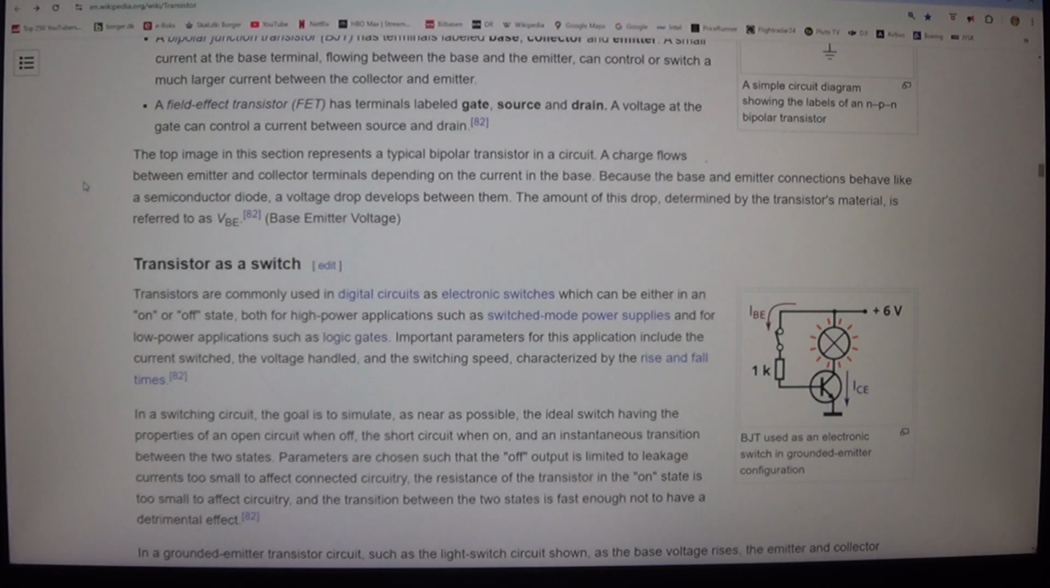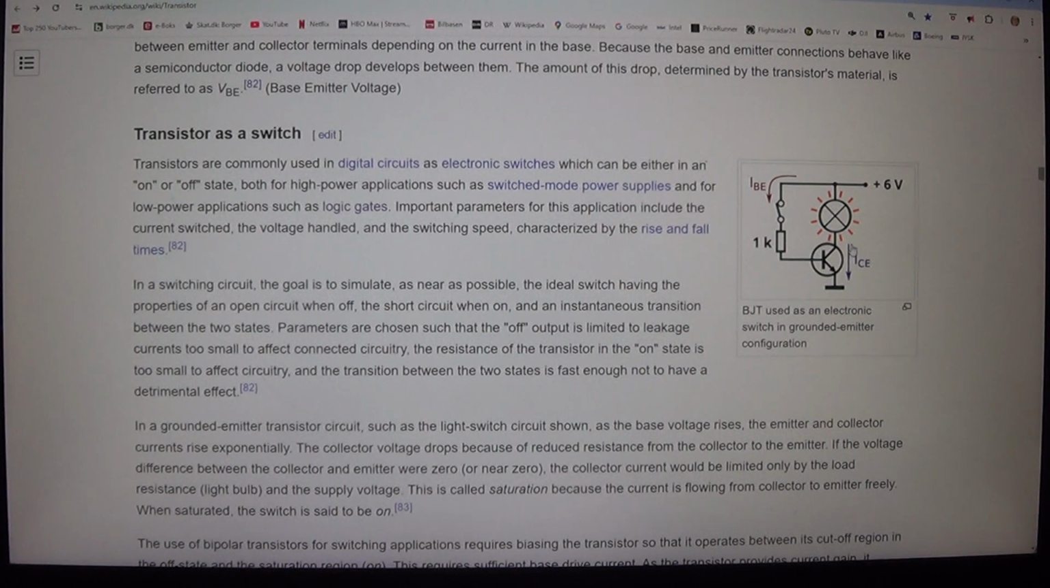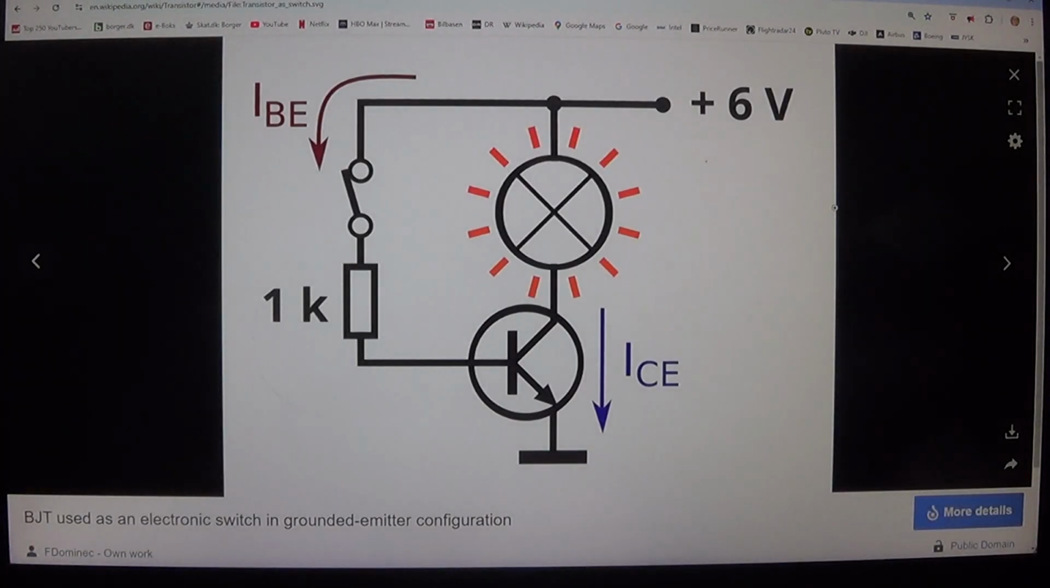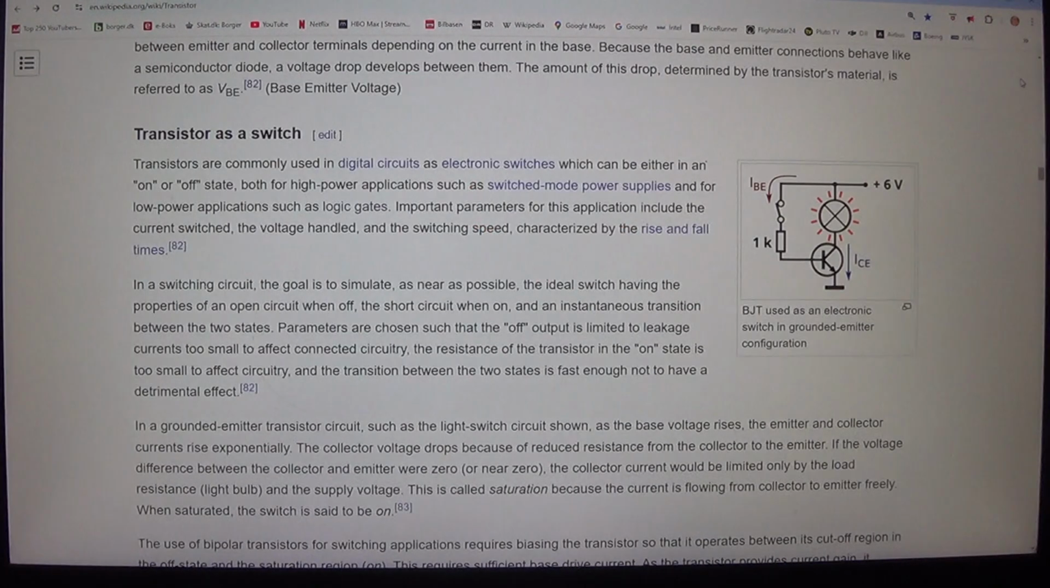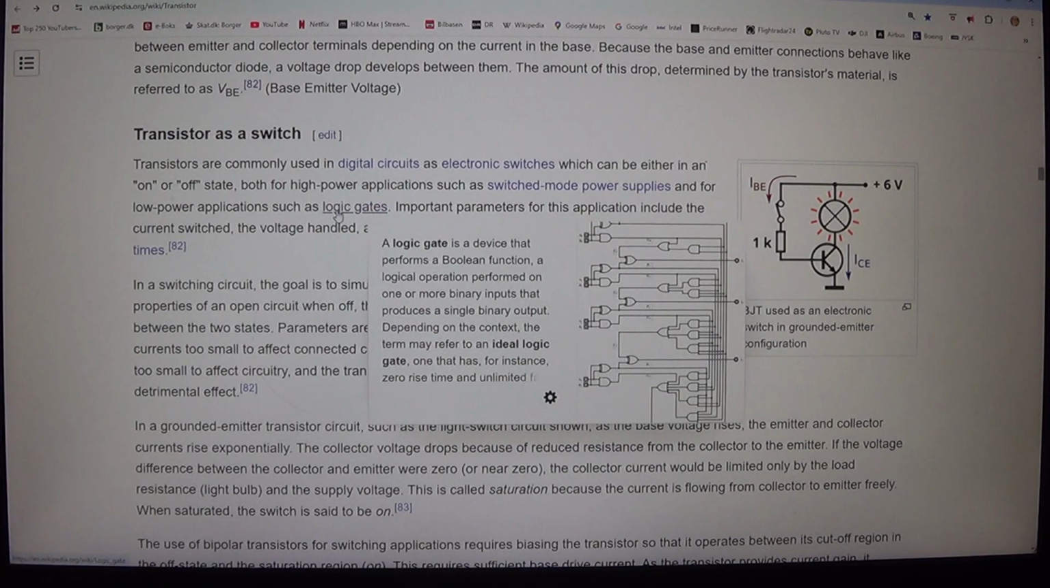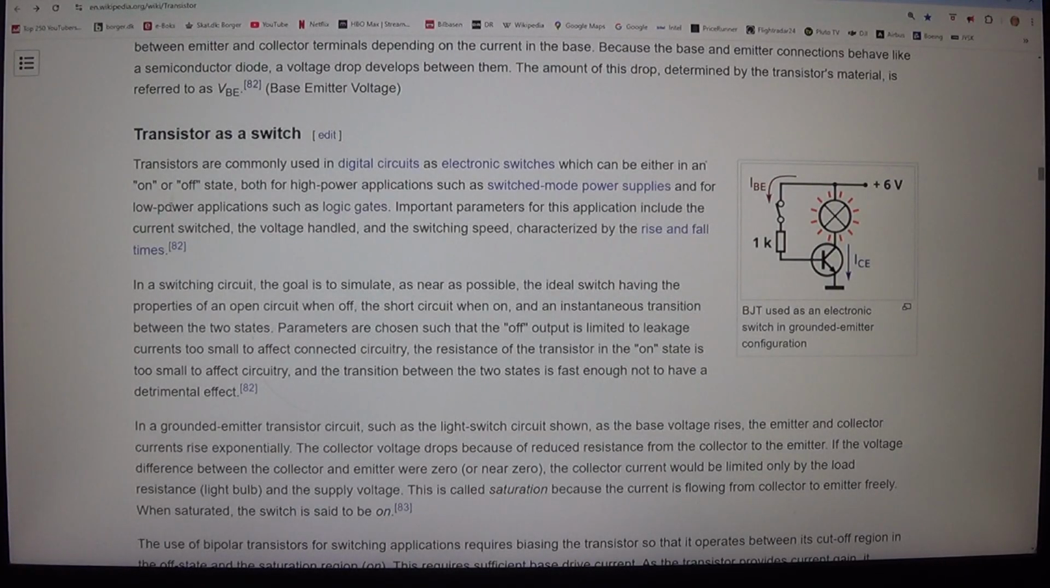Base emitter voltage. Transistor as a switch. Transistors are commonly used in digital circuits as electronic switches which can be either in an on or off state, both for high-power applications such as switched-mode power supplies and for low-power applications such as logic gates. Important parameters for this application include the current switched, the voltage handled, and the switching speed, characterized by the rise